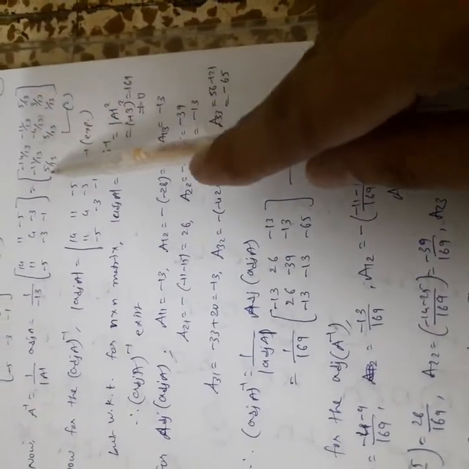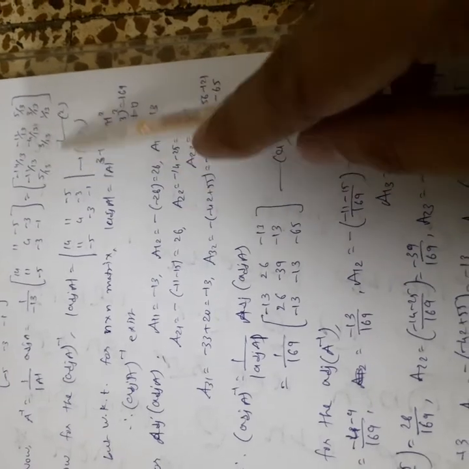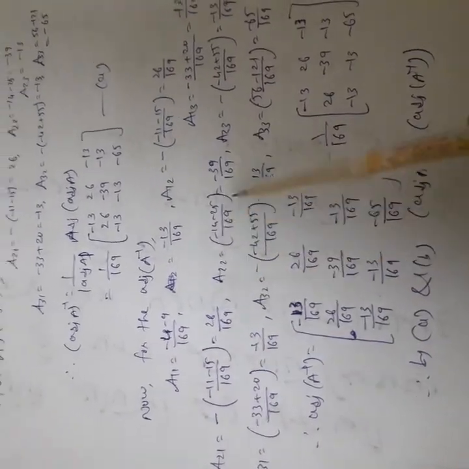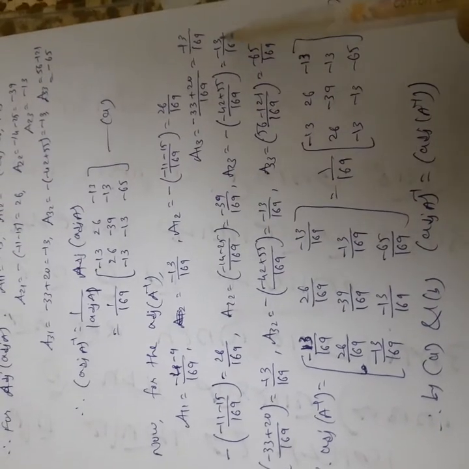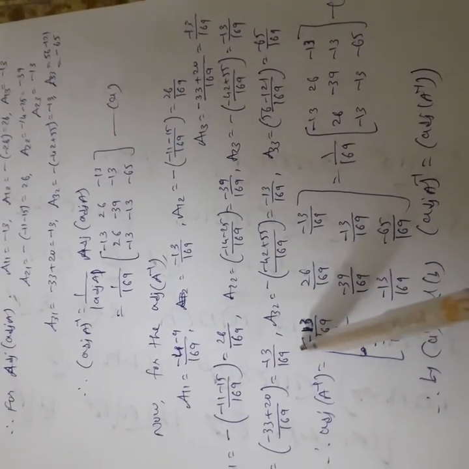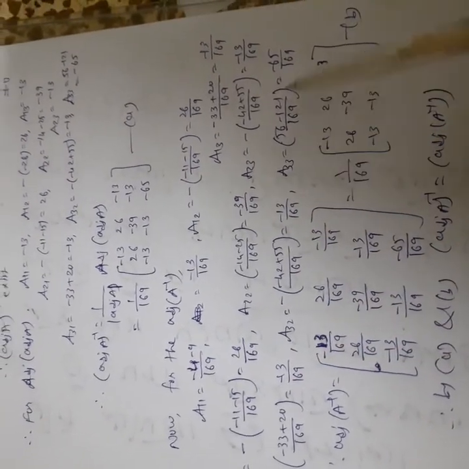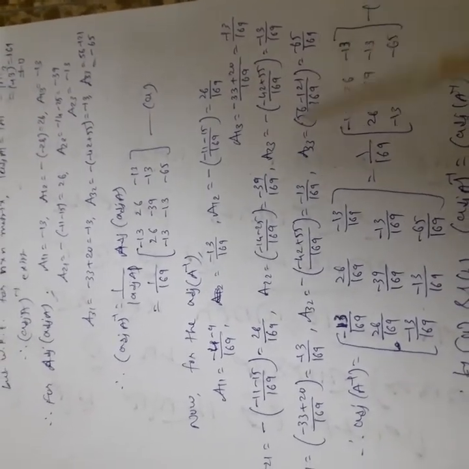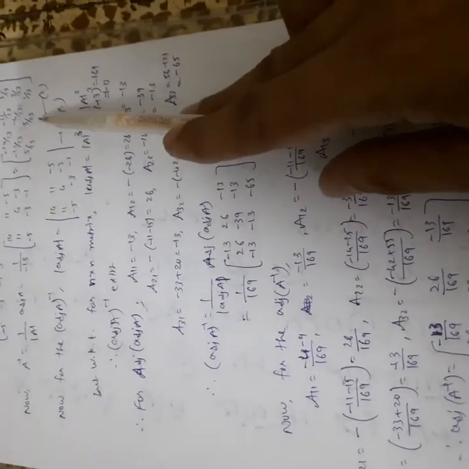These are the cofactors of the elements of the first row. Similarly, we can find the cofactors of the other elements. So these are 26 by 169, minus 39 by 169, minus 13 by 169, minus 13 by 169, minus 13 by 169 and minus 65 by 169 respectively. So here we get the adjoint of the inverse of A, that is this, and from this matrix we can